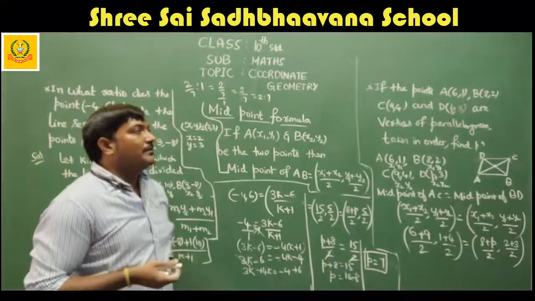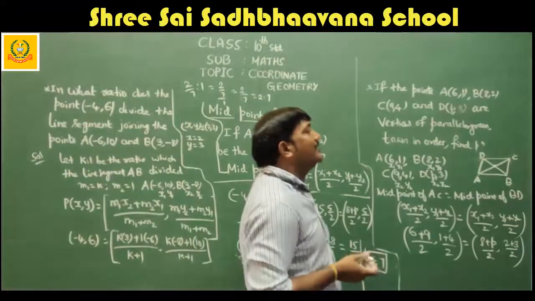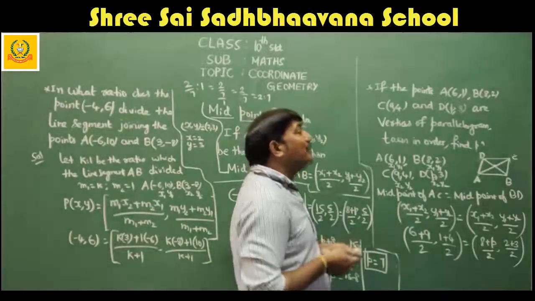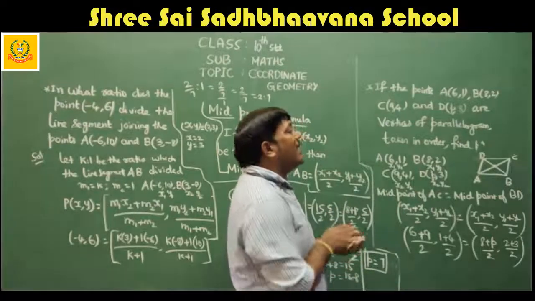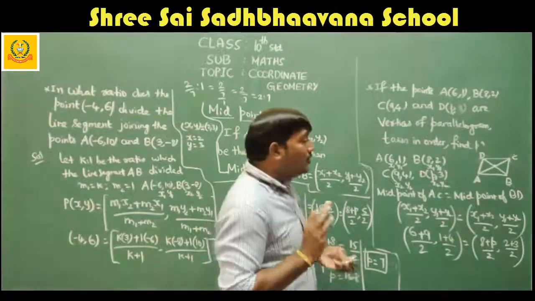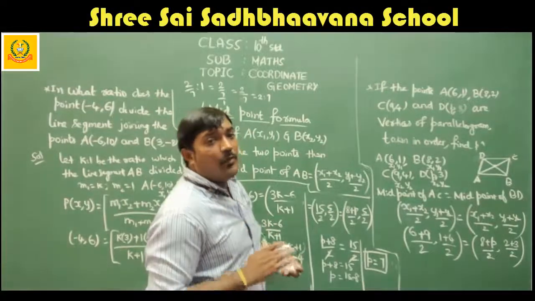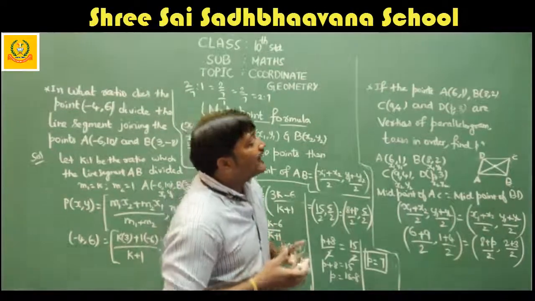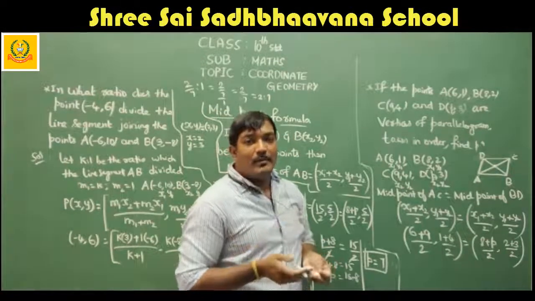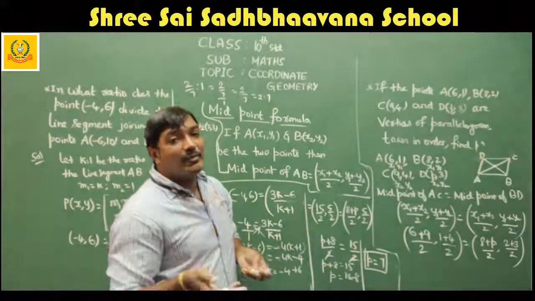That's all. Okay? Anyway, I'll explain once again. Yeah, the question is, if the points A 6, 1, B 8, 2, C 9, 4 and D P, 3 are vertices of a parallelogram taken in order, find P. That is the question. So let's remember, as I said, there are two ways to do this. One is finding the distance of AB and finding the distance of CD, and you can make it equal, because always remember, in a parallelogram opposite sides are equal, which you studied in last year's geometry. So opposite sides are equal.